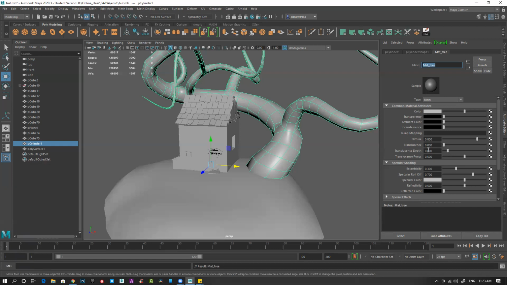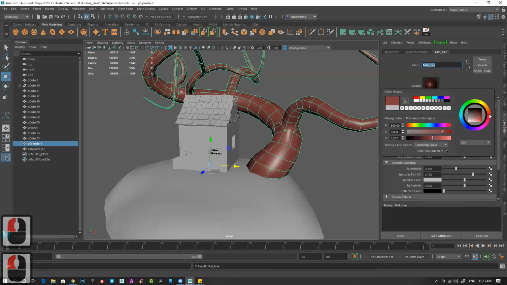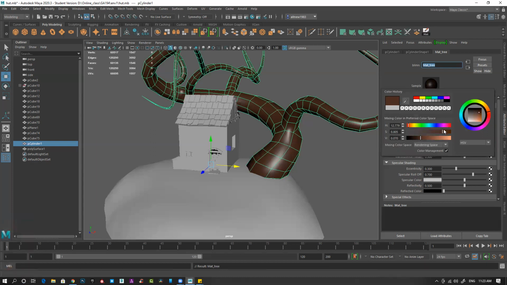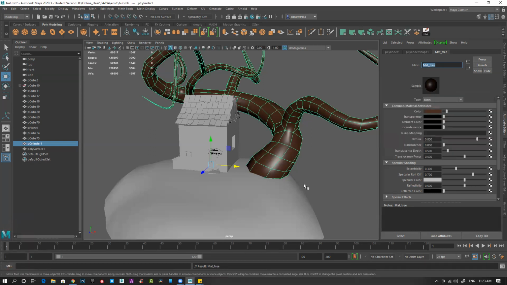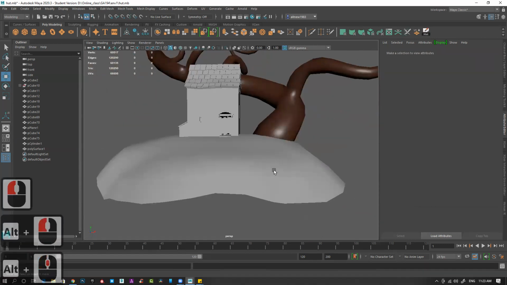So what we'll do here is, let's see, for this trunk, I want a brown color. Click on this color swatch and change it, or if you have, say, an HSV value from Photoshop or somewhere, you can just copy paste it here, it will work. Done. You don't need to click anything, just change it, so done.